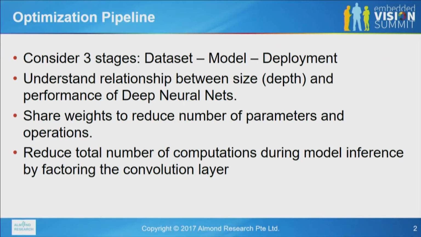So this morning they talked about multitask learning, and I think that's the end goal, right? You want a single network to learn multiple things. But if you think about it from a simpler perspective, you just want to share weights because that reduces the total number of parameters. So the second approach I'm going to talk about is what I call factoring the convolutional